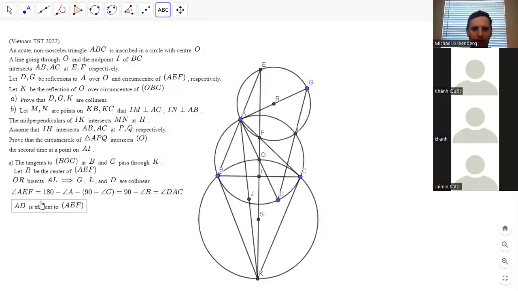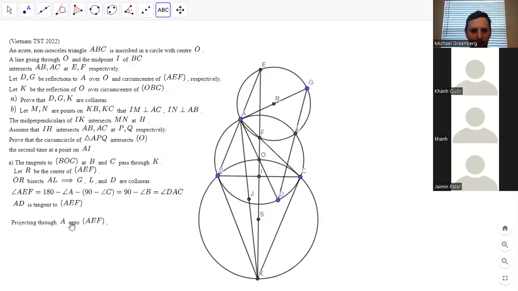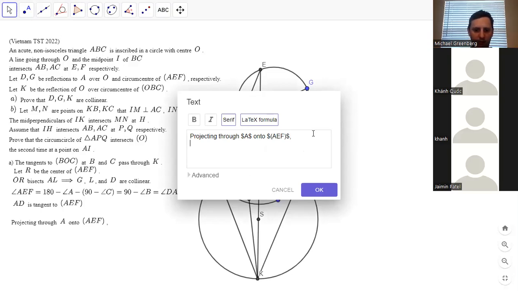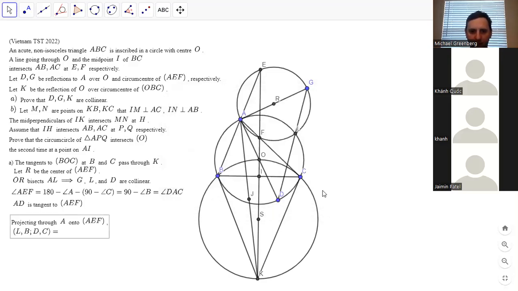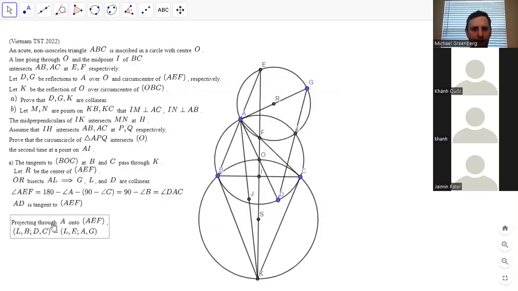So then projecting through A onto that circle, we then have LBDC equal to LEAF, and LEAF is harmonic